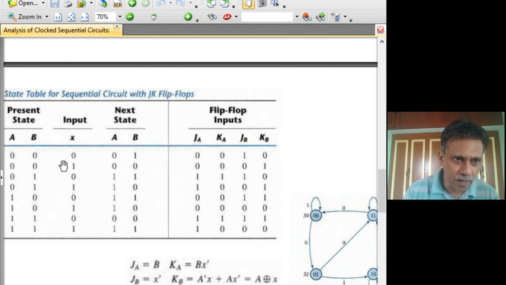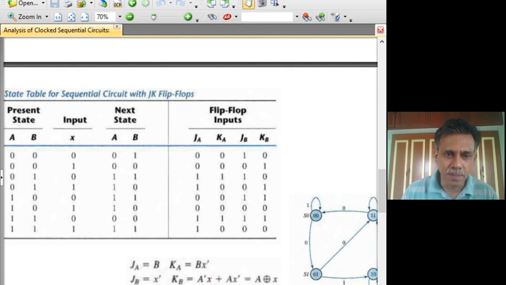When I read this out, you just concentrate on this row. Here it will be 0, here also it will be 0. There is a 1, 0 here, so B X bar will be 1. So you have a 1 here. There is no 1, 0 in these cases, so the corresponding values are zeros. Again we have a 1, 0 here, so you put a 1. And then 1, 1 means it is 0. So this is how we can easily write out the KA.